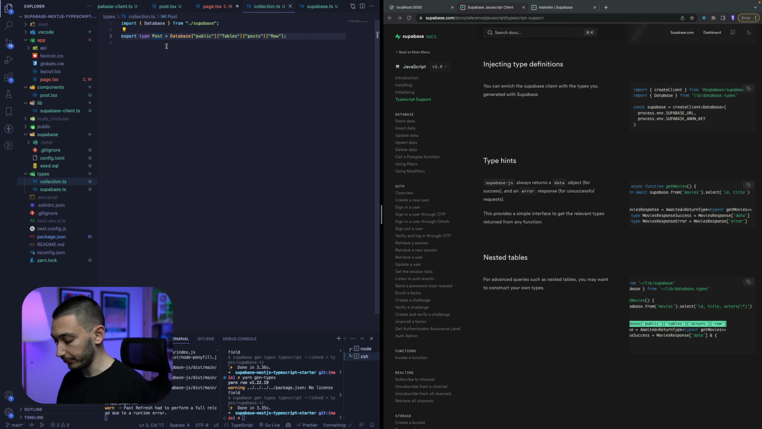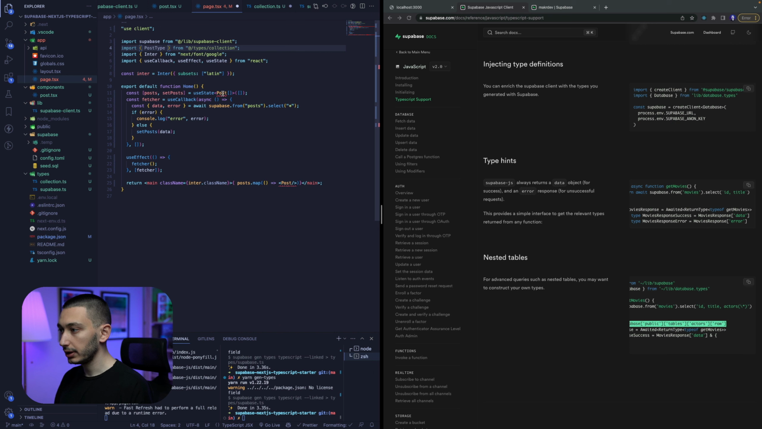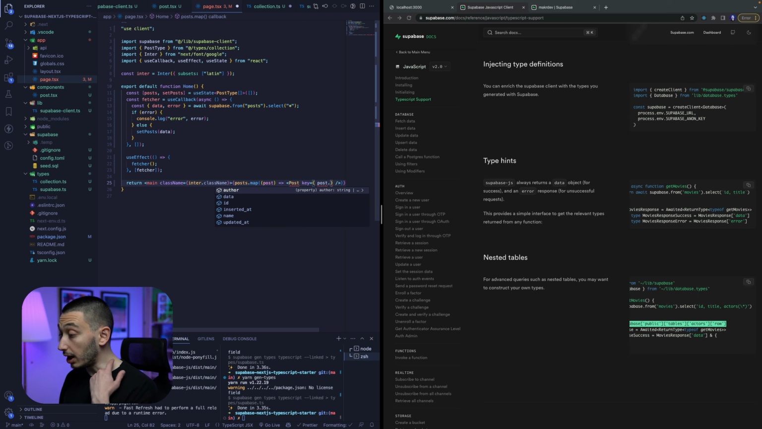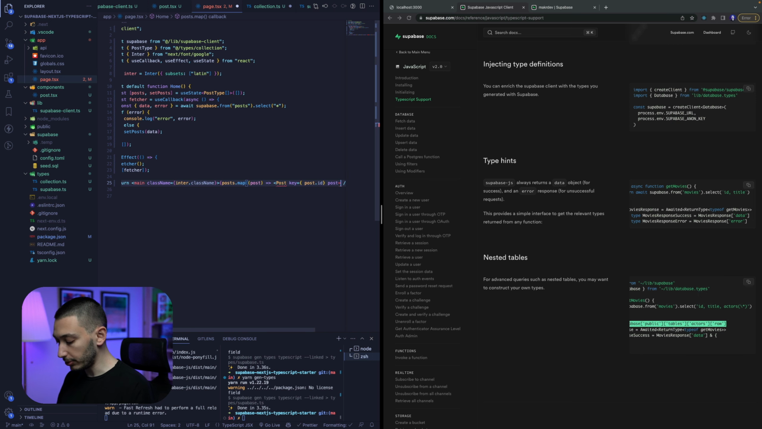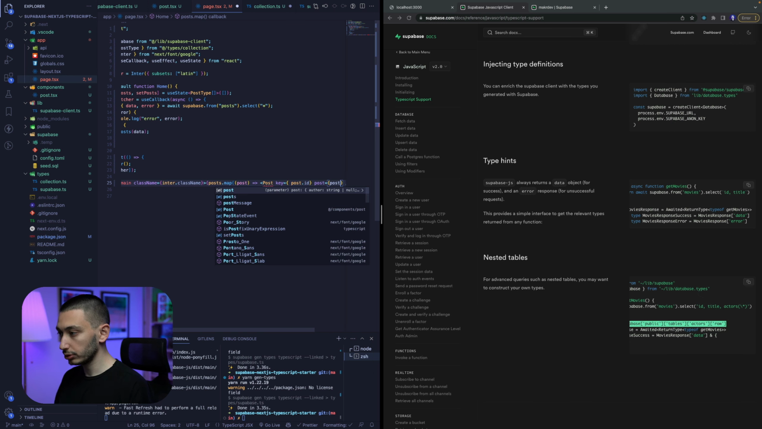Let me write this as a post type, and we can pass this into our useState hook. Okay, cool. Now we can get our post in our callback function, and we can pass our key into our component. And as you can see, TypeScript brings all keys from our post object for us,